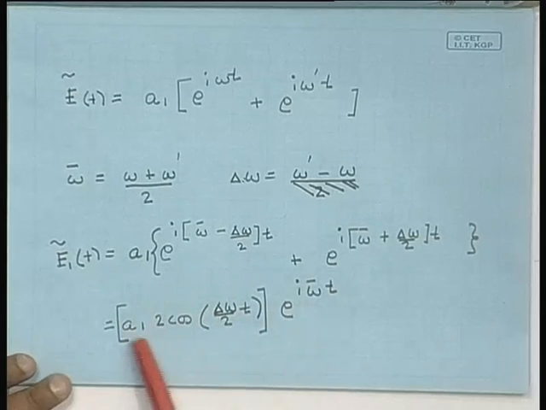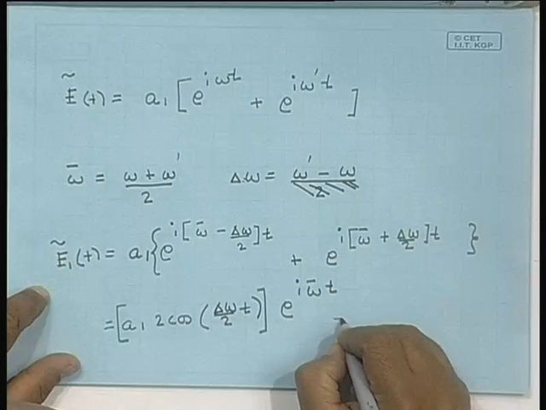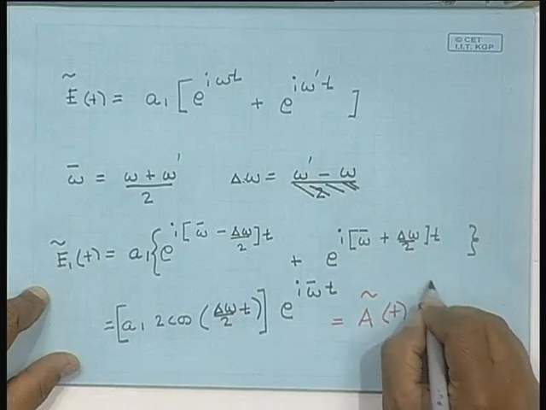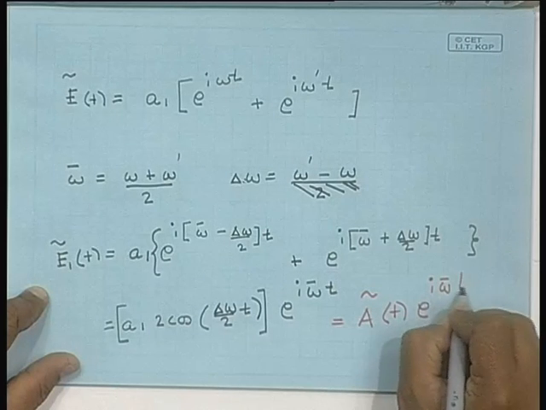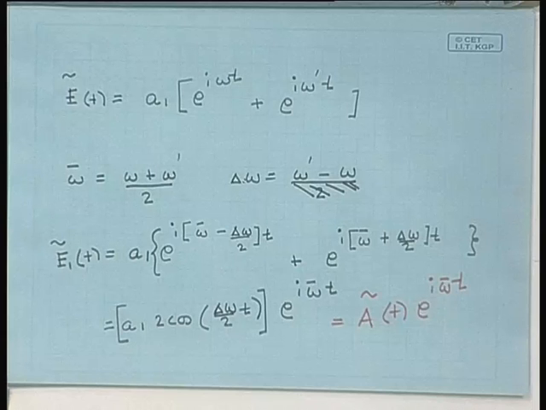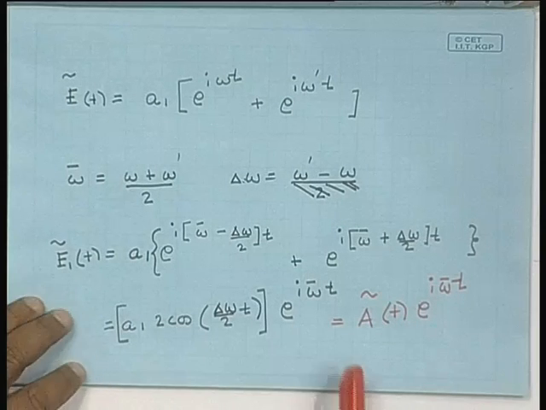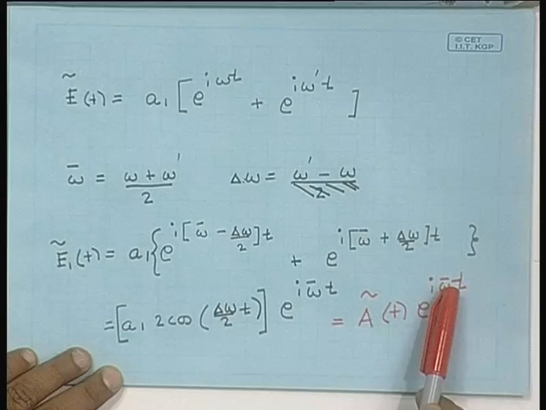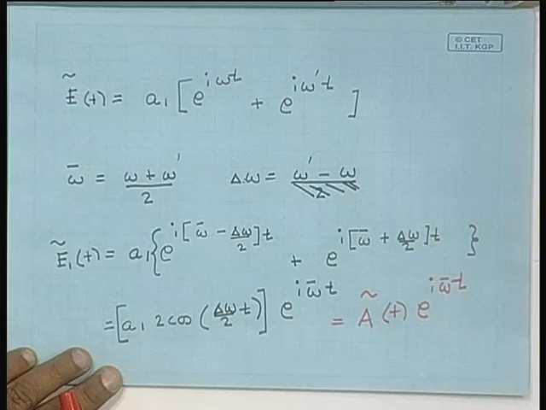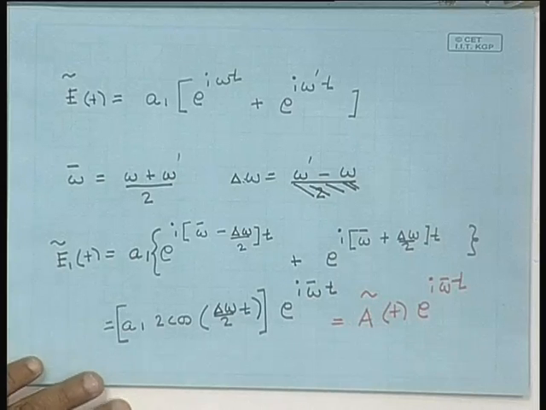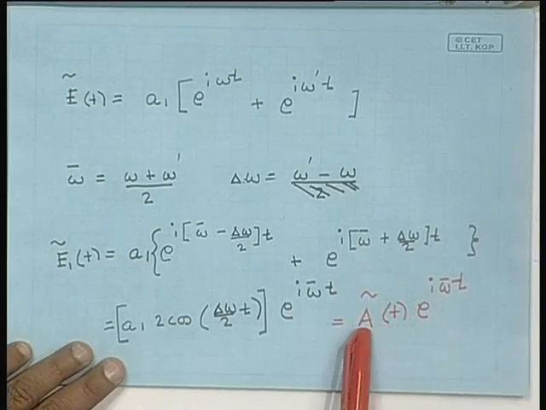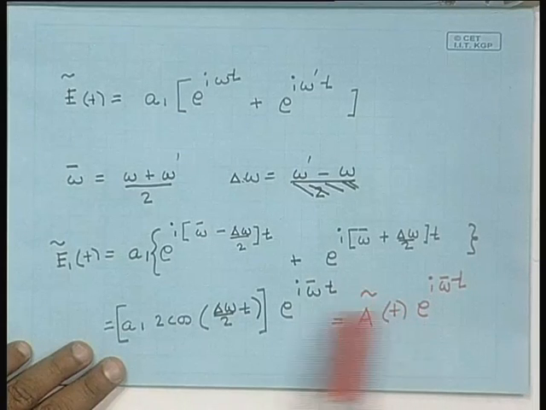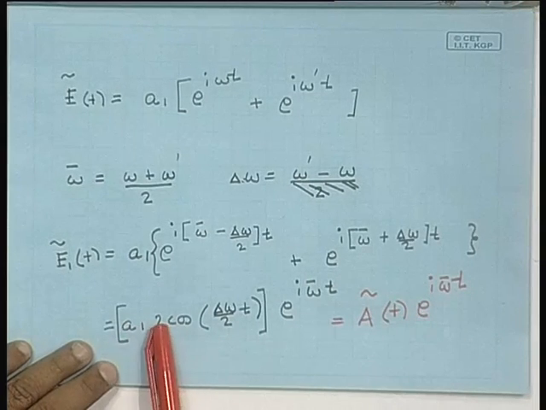So, we can interpret this as a tilde t e to the power i omega bar t. So, we can interpret this as an oscillation at a frequency omega bar, a fast oscillation at a frequency omega bar with complex amplitude a tilde t. The complex amplitude itself changes slowly with time, and in this particular case the amplitude is A1 2 cos delta